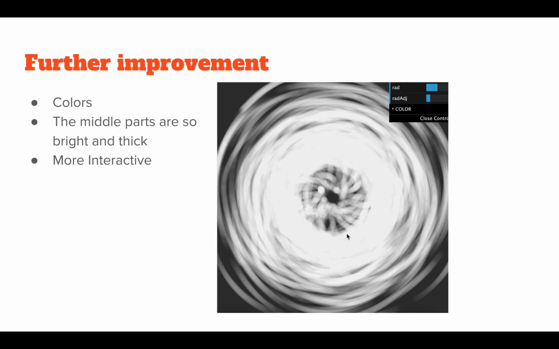Users can now control it by sliding the radius, which controls the thickness of the cloud, and the variation of the cloud. But I think it can have more interactivity, like zooming in and out of the whole hurricane process,